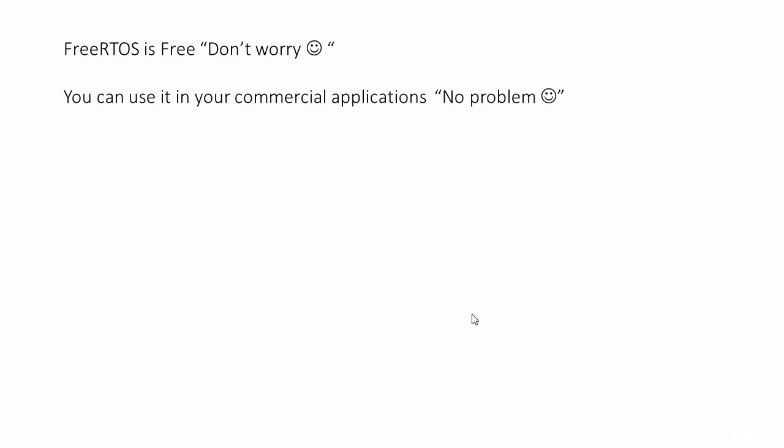FreeRTOS kernel is free, so don't worry about that. You can use it in your commercial applications, no problem. Okay, no need to give any royalty to freertos.org. You can use it in your commercial applications without even asking FreeRTOS, and no need to give any royalty when